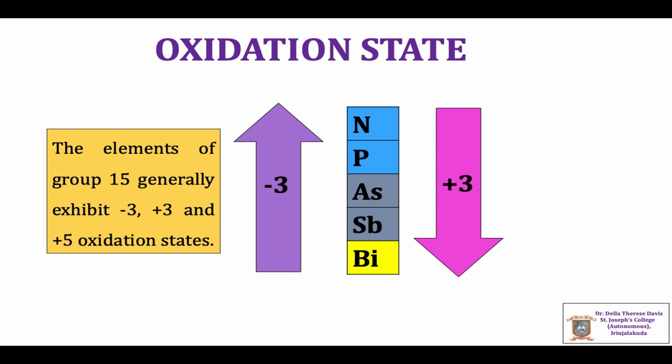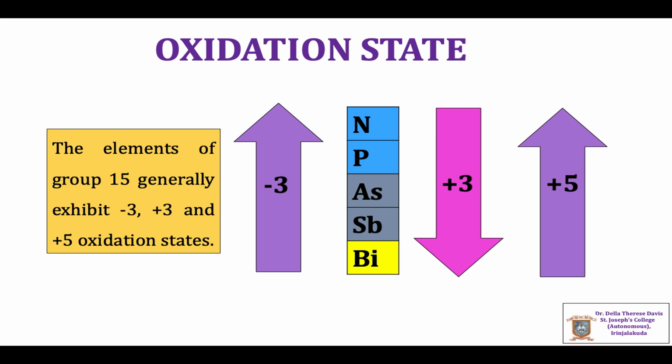Due to inert pair effect, the stability of +5 oxidation state decreases as we move down the group, and the tendency to show +3 oxidation state increases as we move down the group. Thus, nitrogen has the highest tendency to show +5 oxidation state, whereas bismuth has the highest tendency to show +3